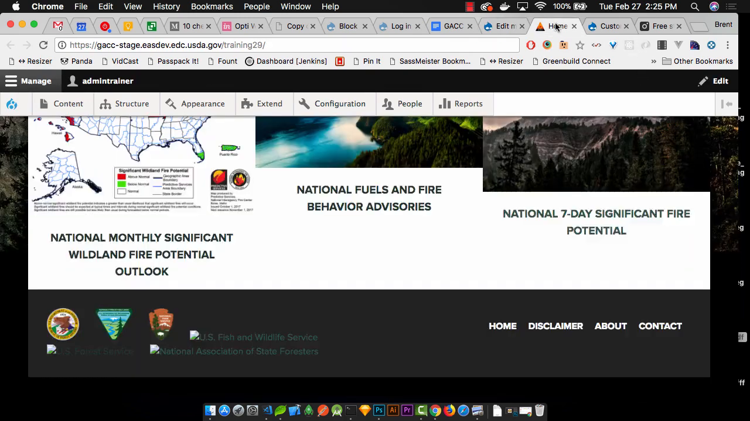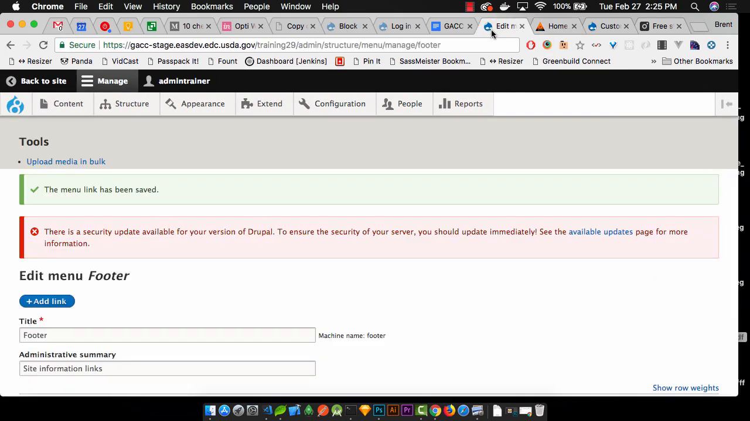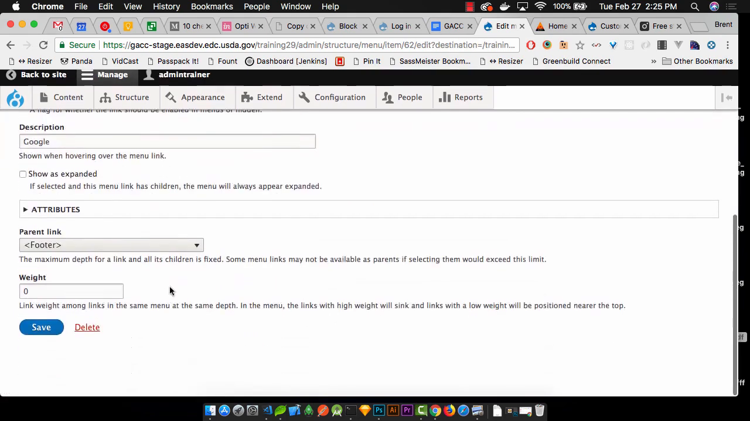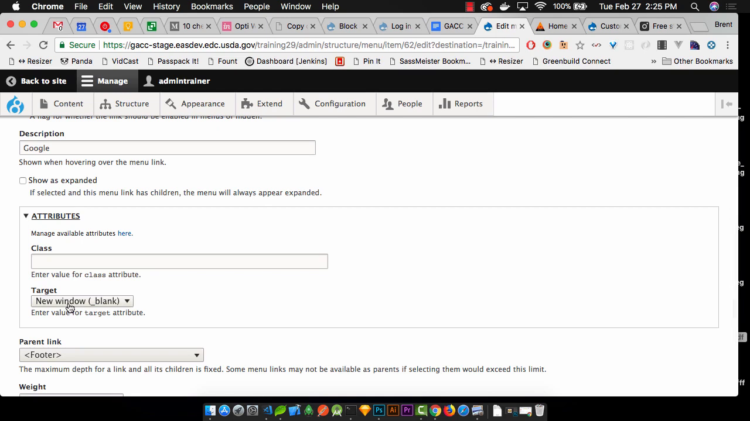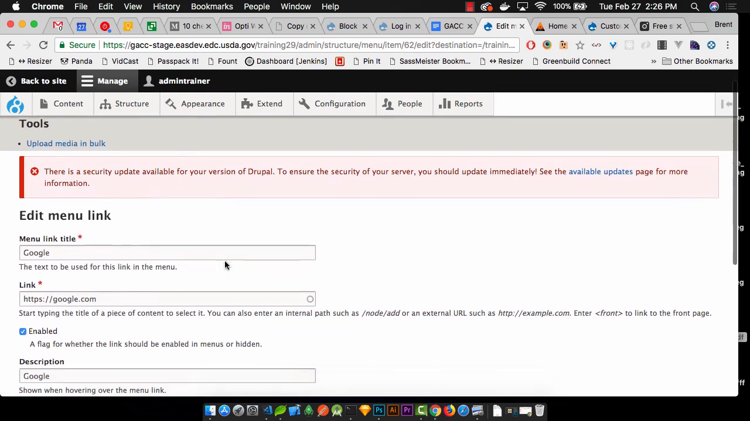And now if we go back to the front end of the site and scroll down, we can see our new link. So going back to the navigation, let's click edit on the link that we've created. Okay, so in attributes, you want to select target new window. And that's only for external links. If it's an internal link, we can leave it as is. So we have our Google link, but let's edit this to an internal link. So click edit on the link that you've created,